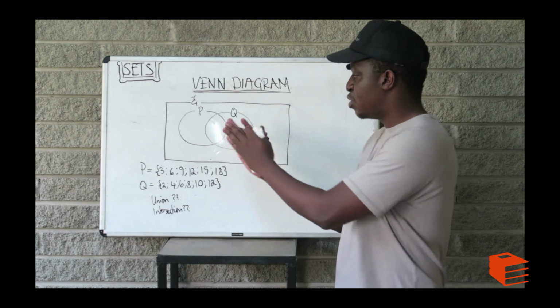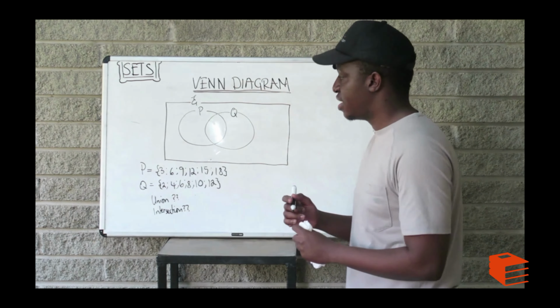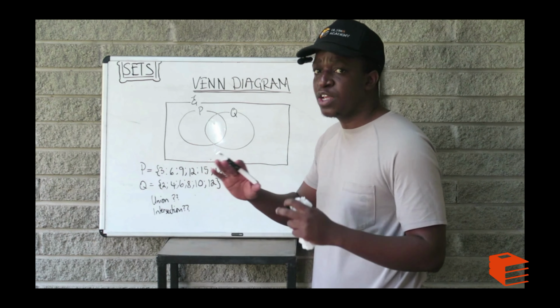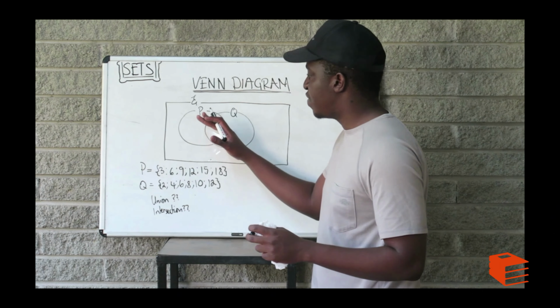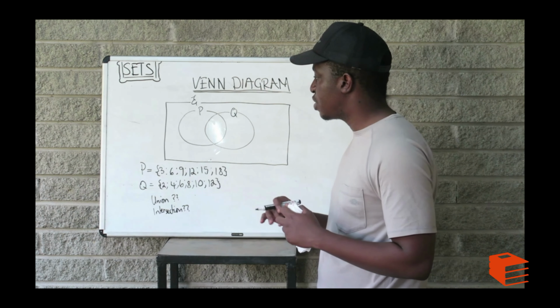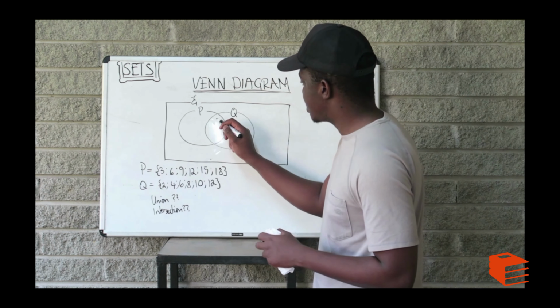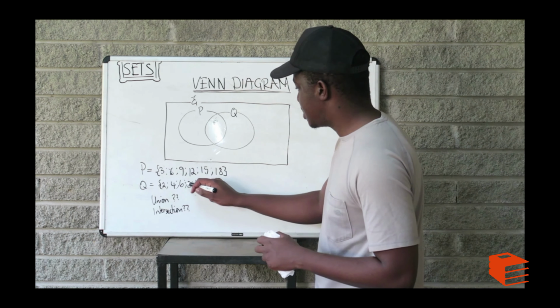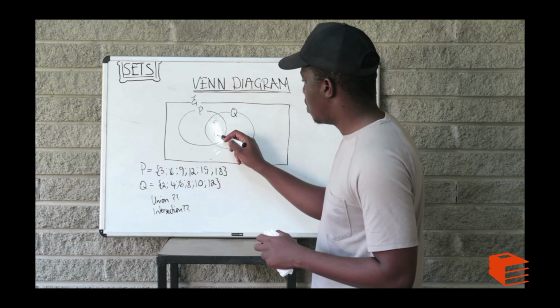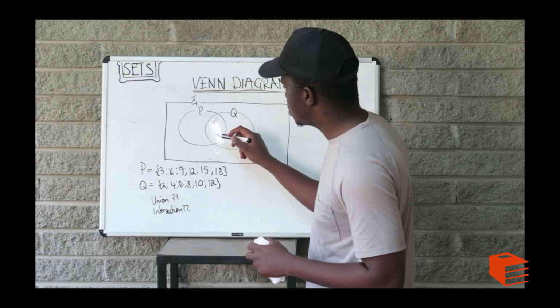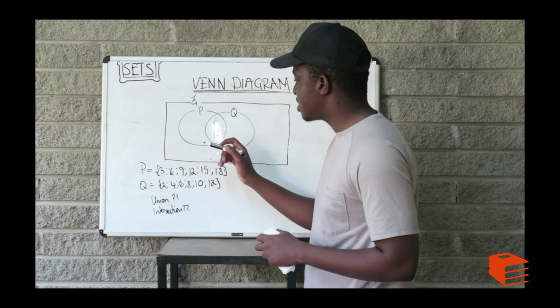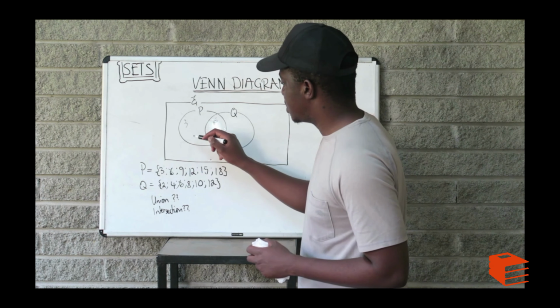Okay, now we're about to put the information here. So yeah, let's start off. I usually try and start off by filling the middle area so that I then don't get carried away. So firstly, I know which ones are overlapping. 6 is in here, 6 is in here, and then 12 is in here, 12 is in here. So 6 and 12 are in the overlap, are in the intersection,